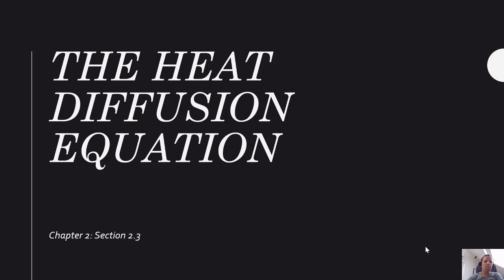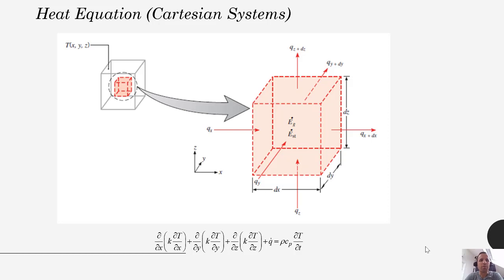In this video lecture, we're going to continue talking about the heat diffusion equation. Previously, we derived what's called the heat diffusion equation, or the heat equation, for Cartesian coordinates. That consisted of considering a large solid, and we did an energy balance on one small chunk, or node, of that solid. So we took this little cube, assumed to be completely embedded within the solid, and then we